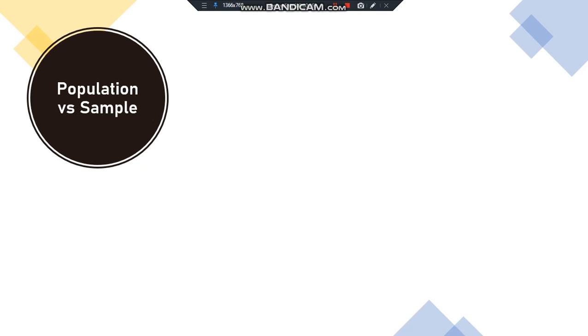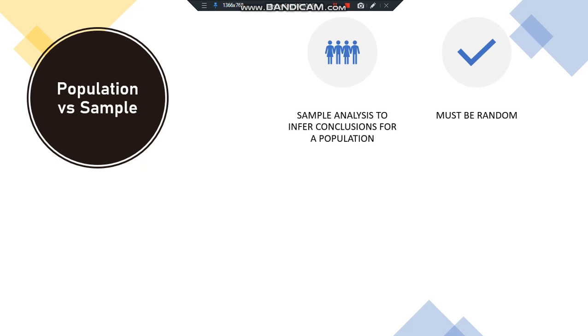So I can take individuals from Lahore, Islamabad, Gujranwala, Sialkot, etc., and basically they will be considered to represent the entire population, but they won't be the entire population. They will just be a sample from the population. So we'll analyze the sample and then we'll make conclusions about the whole population. So of course, if the sample is supposed to represent the entire population, it should be random, and the bigger the sample, the better. And if it is random and it represents the population correctly, then we can say that